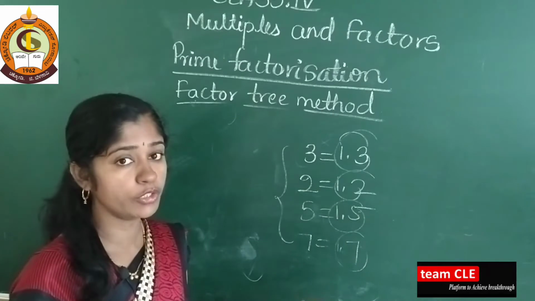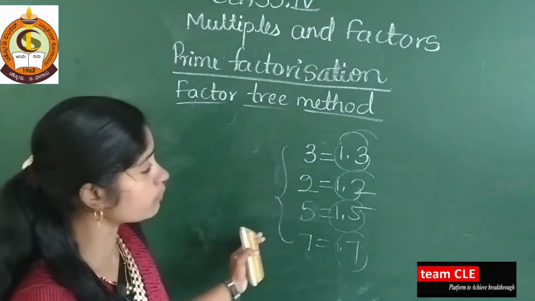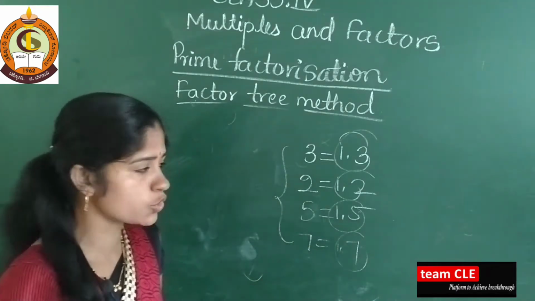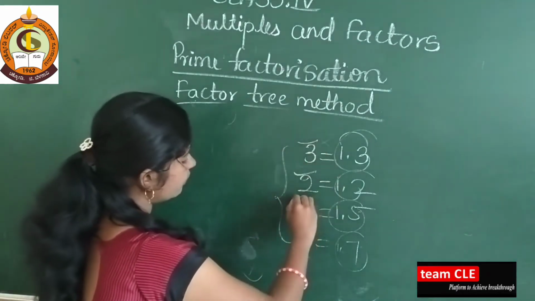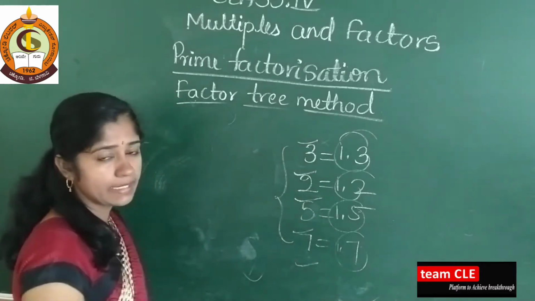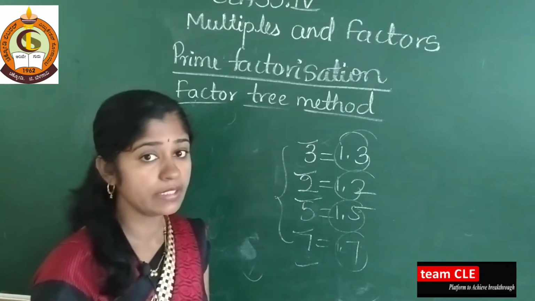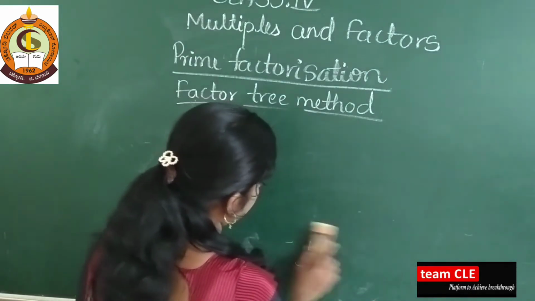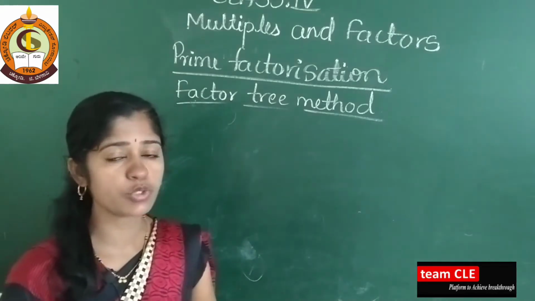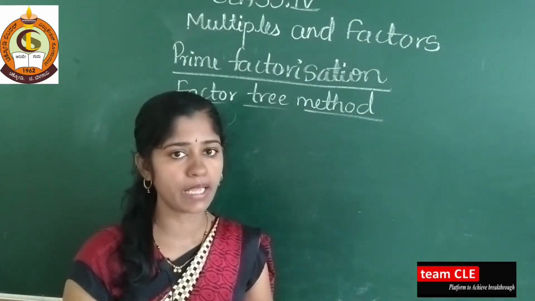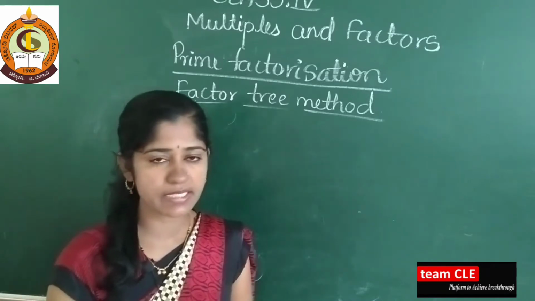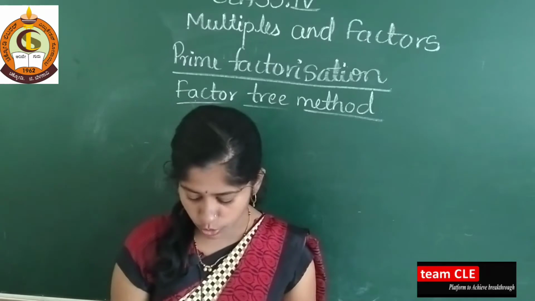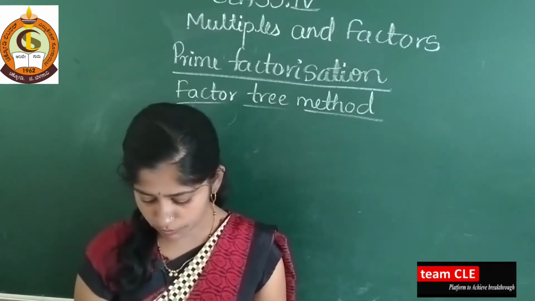Here we are going to find the prime factors of a number by using the tree method. Our answer should be in 2, 3, 5, 7, 11, 13 like that. Prime factorization method means you must and should use only prime numbers. So I will take some examples from your My Practice Time 4. Use the factor tree method to find the prime factors of the following.